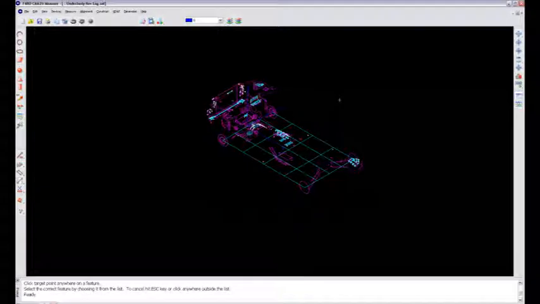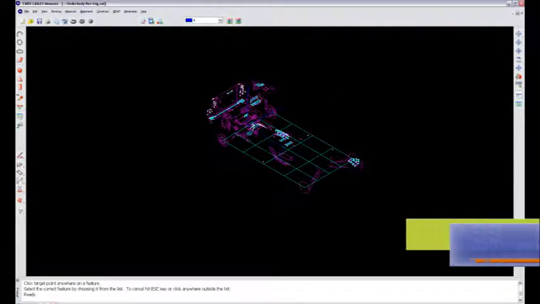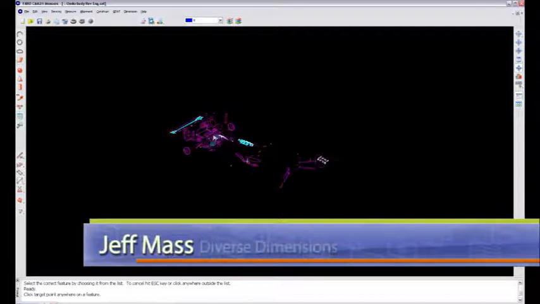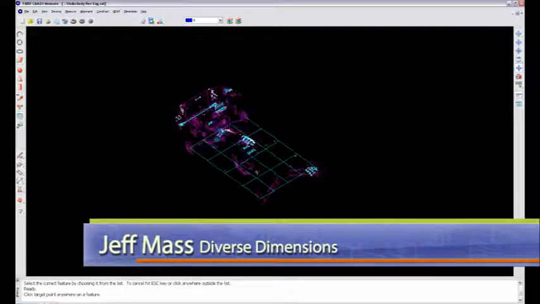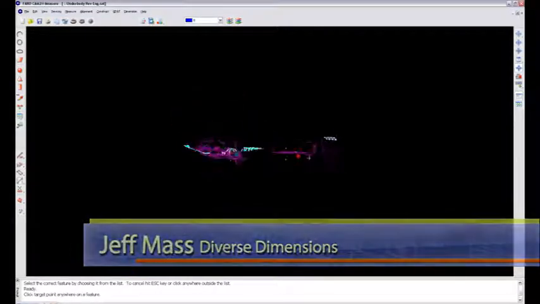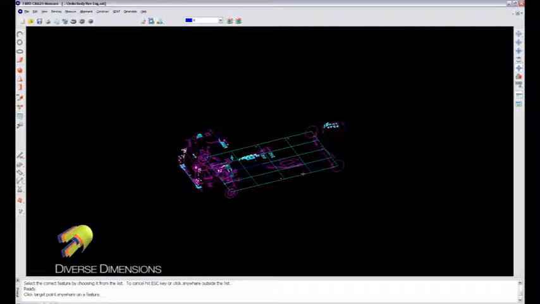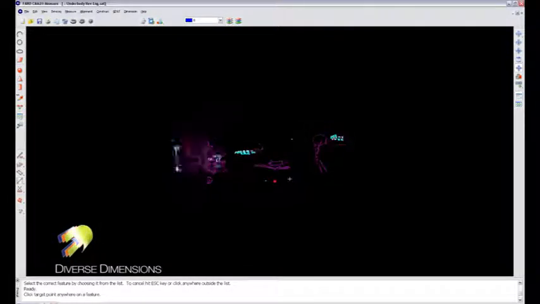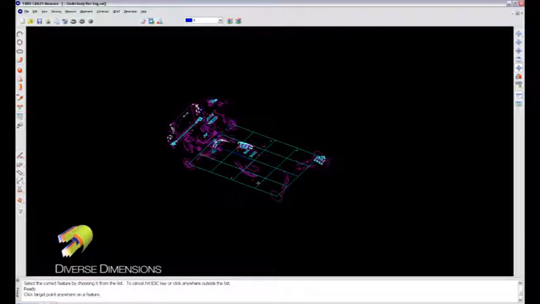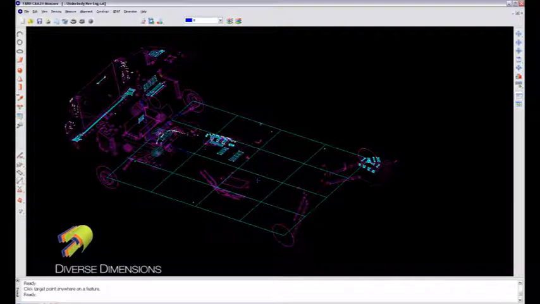Got a reverse engineering project open here on my screen. We did a little measurement of an underbody system here for packaging of some exhaust. But what I'd like to show with this module is how we can get multiple viewports up on the same session here. The default here is just to have one viewport open that you can manipulate and move around, and